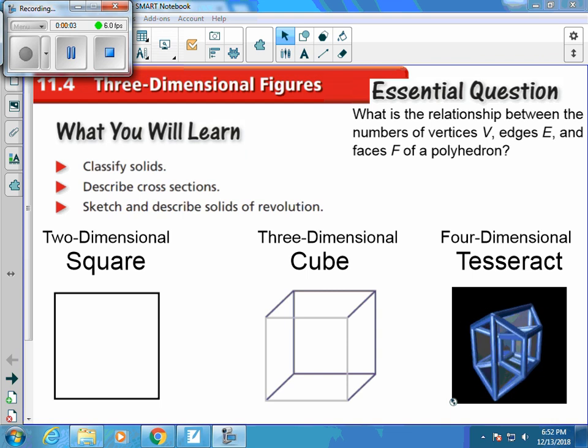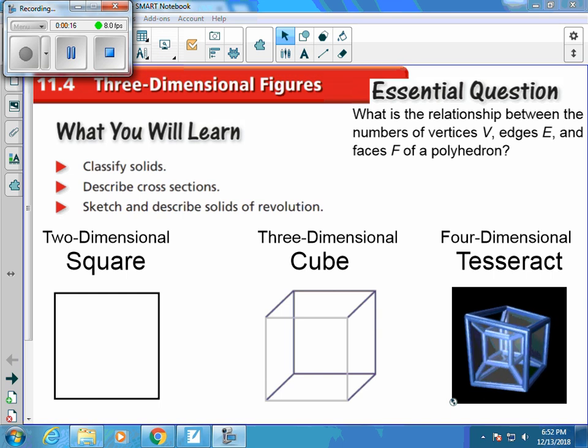Section 11.4 is on three-dimensional figures. The nice thing about us in STEM is we are constantly looking at three-dimensional figures, so this should be a lot of review for us, or at least something that we can concretely visualize very easily with our work in SolidWorks. Our central question is, what is the relationship between the numbers of vertices V, edges E, and